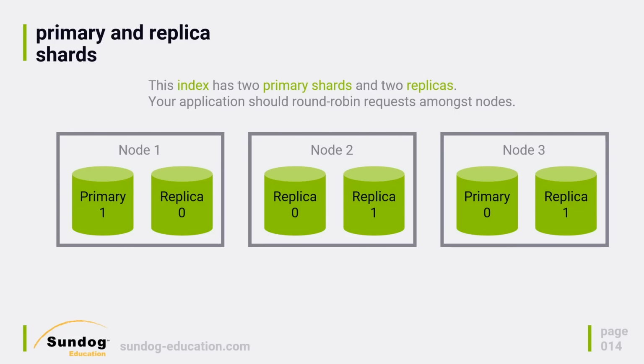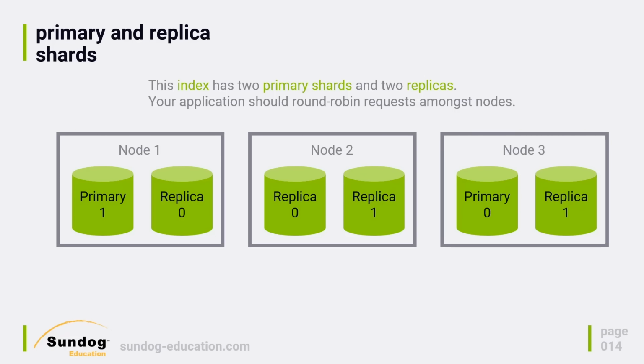So you can see, using a scheme like this, we can have a very fault-tolerant system. In fact, we could lose multiple nodes. Node 2 is just serving replica nodes at this point, so we could, in fact, even tolerate node 1 and node 2 going away at the same time, in which case we'd be left with a primary all on node 3 for both of the shards that we care about.